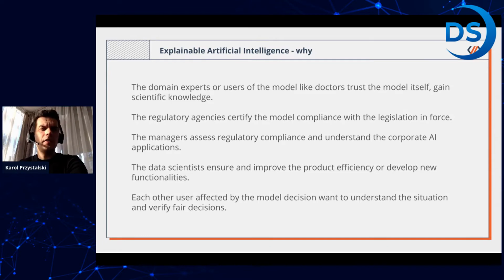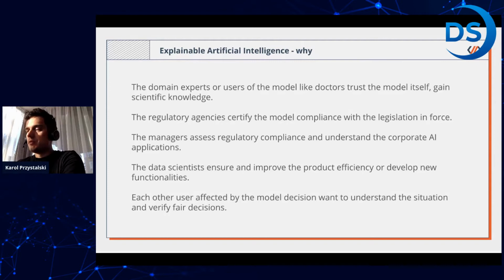And there are also other reasons why you use explainable AI in health tech or fintech as well, because that's also a regulated industry. So obviously the domain experts, the doctors, want to know what is actually happening there. So why is it classified as a cancer, or why is it not? Obviously the experienced ones will know, but the inexperienced, like the GPs, might have problems figuring out why it's a cancer or not. That's why they have only around 65% sensitivity in finding melanoma.